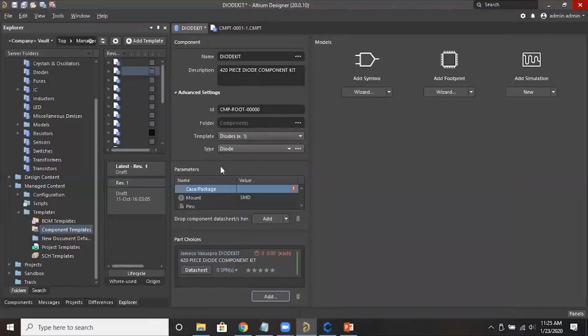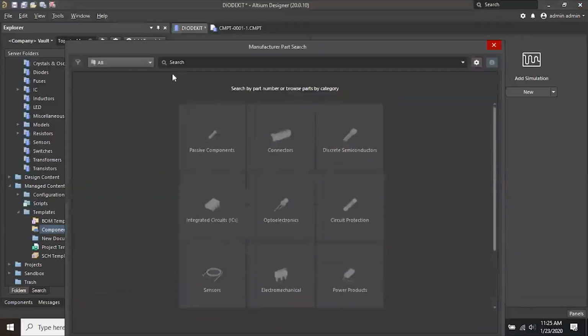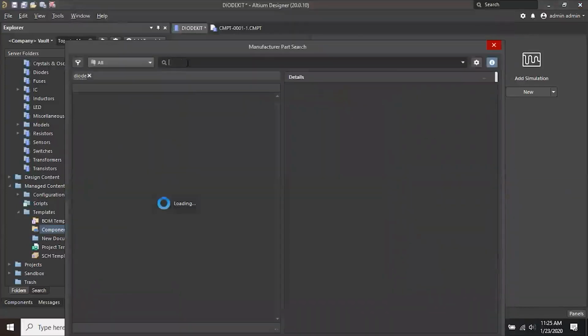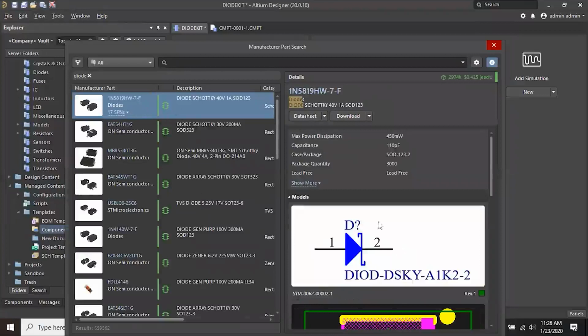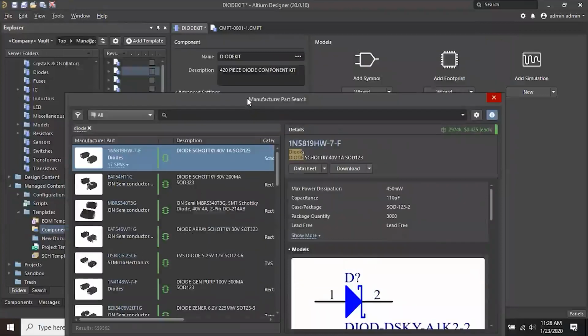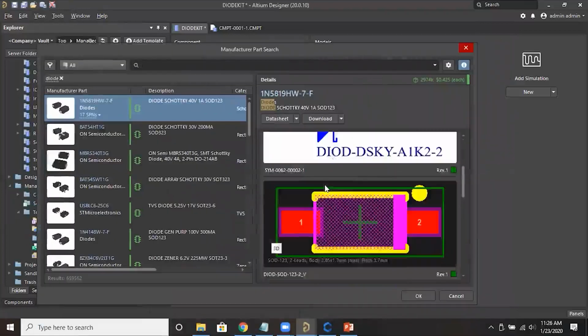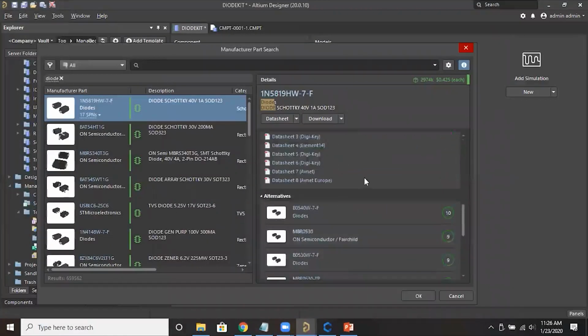And if I want to import the parameters, like these parameters are already there, but still I don't want to edit the parameters, so directly I want to import it from the Altium library. So directly you can just search the component here, diode. Okay. So everything is available, you know, the parameters, components.